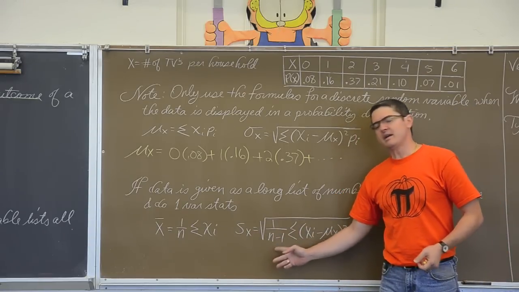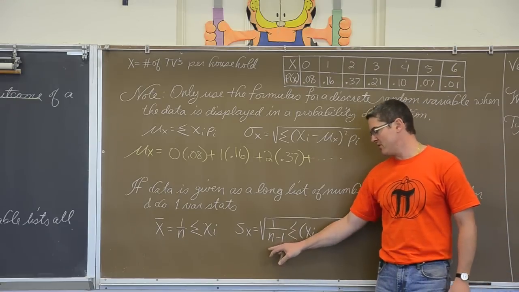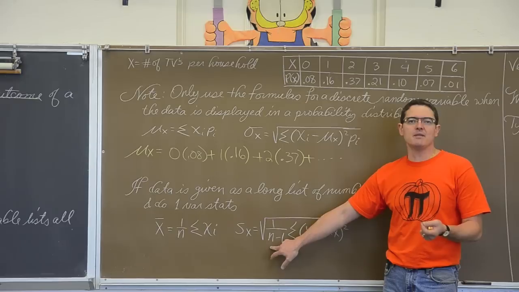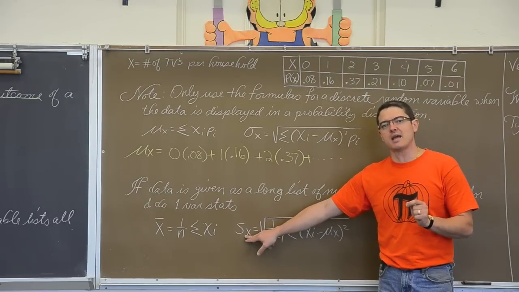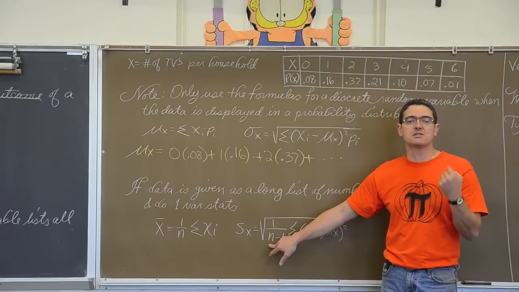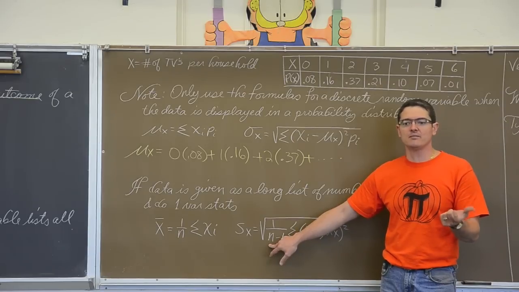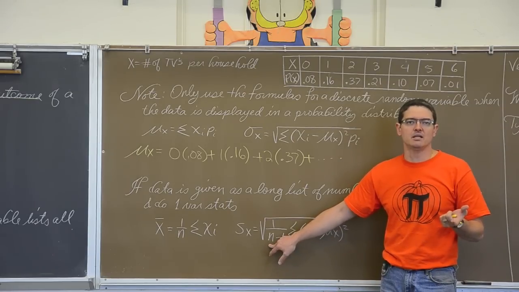Like, what is this n minus 1? You could go back and watch my earlier videos, but just as a reminder, you might be getting close to your semester 1 exam. Don't forget that the reason we divide by n minus 1 when we find the standard deviation of a sample is degrees of freedom. It's how many pieces of data are allowed to vary freely. If you take a sample of a population, and let's say I just tell you that the average is going to be 10.